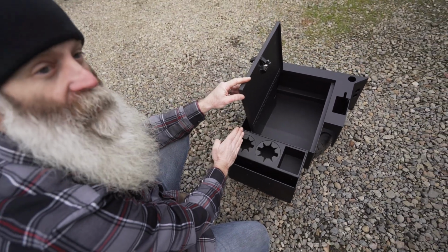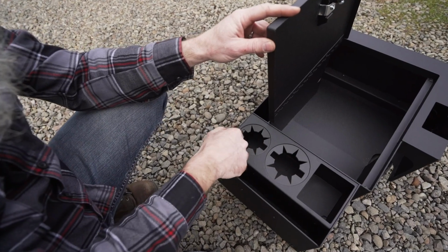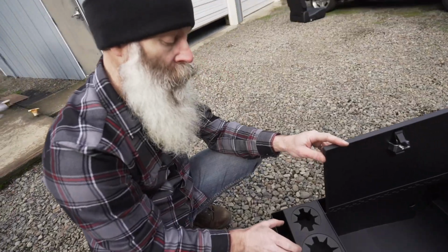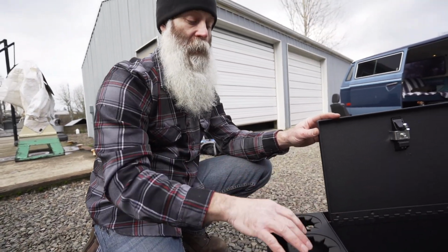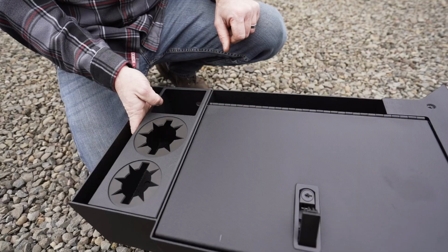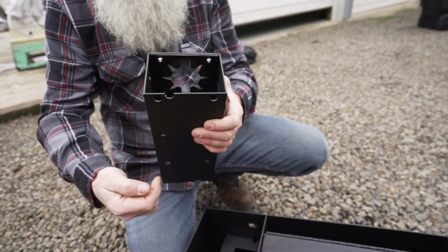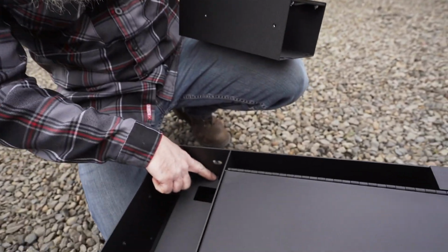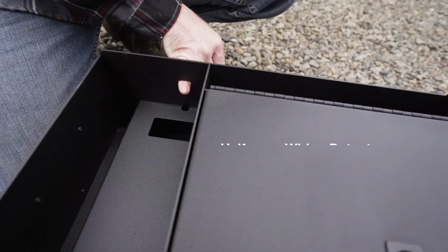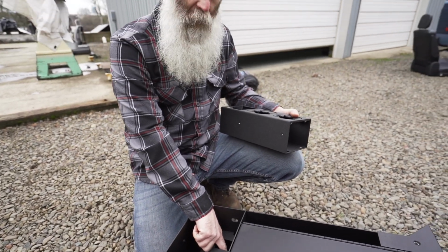Some of the aftermarket seats get a little tight here on this cup holder area for, like, a Hydro Flask, the bigger one for a Nalgene. This will allow you to rotate this, put the cubby over here, and you have complete access from your seats. The other feature that this cup holder has, we have these half moon detents, same on the top with the landing, that allow you to run wiring from your pedestal down